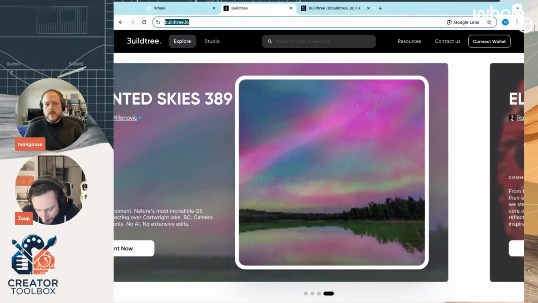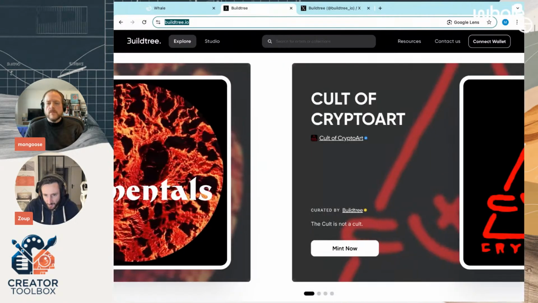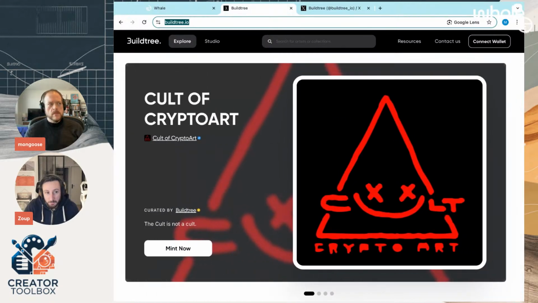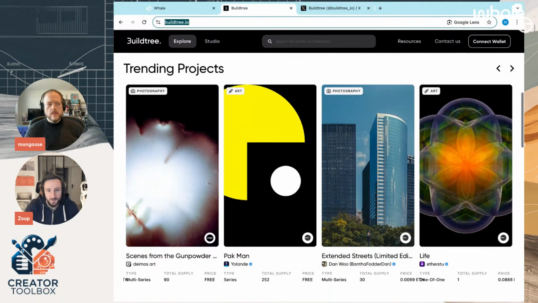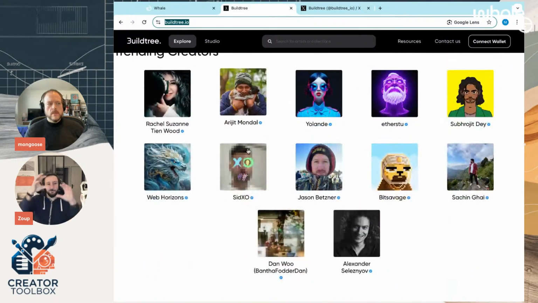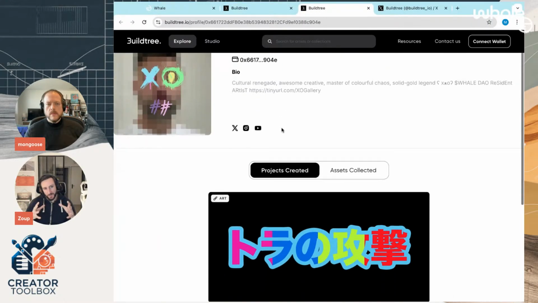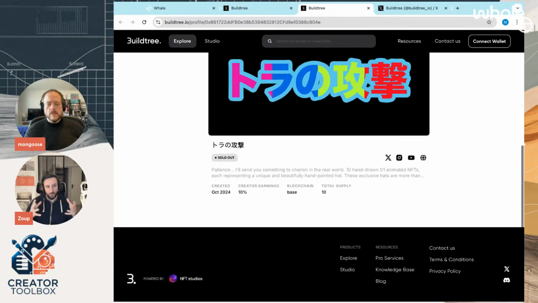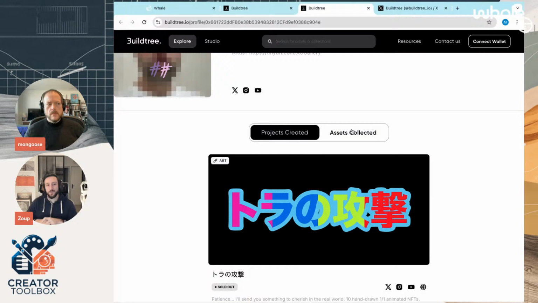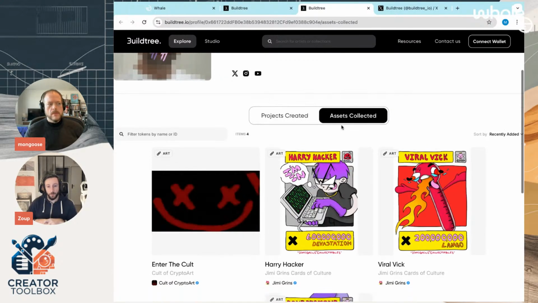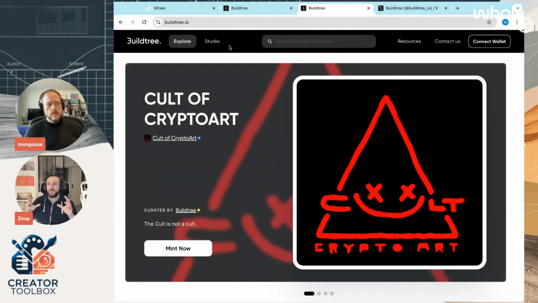We consider Buildtree as a living thing. If we just create a product and from time to time add new features to it, that remains, I would say, a dead thing that we add stuff on. If we want this to be alive, it needs to be able to be autonomous without us to a certain measure. This is why we consider this as an economy, as an ecosystem, more than just a product. Of course, it's a product, but it's a product that will keep moving